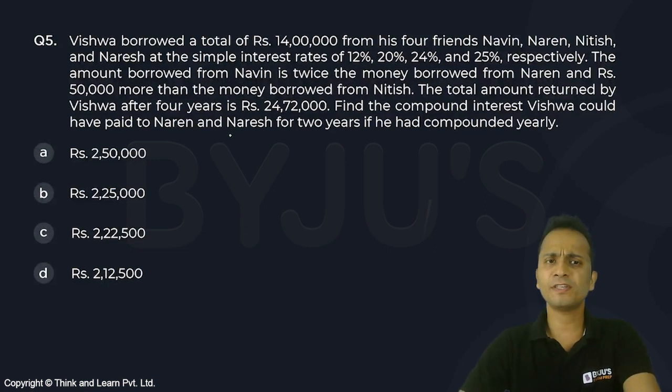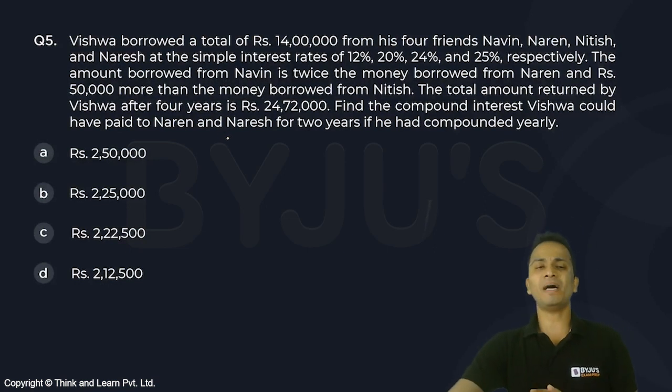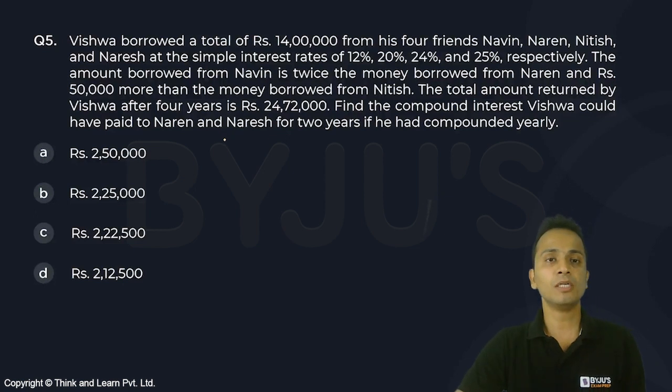Now, question number 5, it's not difficult, but it's a lengthy question. If you understand the concepts of simple interest and compound interest, then this question can be done very easily. Vishwa borrowed a total of 14 lakh from his four friends Naveen, Naren, Nitish, and